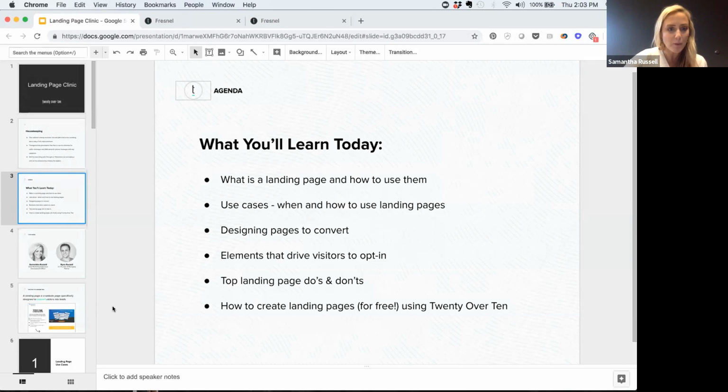So I'm going to end that poll. It looks like most people have answered. And it looks like about 60% of you say you do know what a landing page is. So that's fantastic. The other 40% either aren't sure or don't. So we'll just very briefly cover that, since a large percentage of you do know what they are.